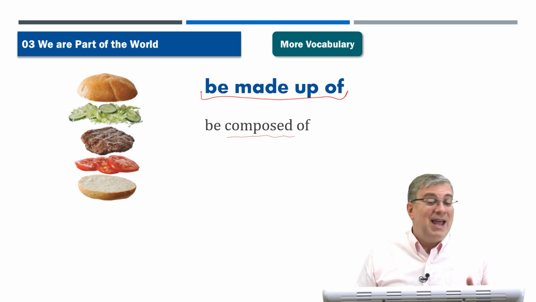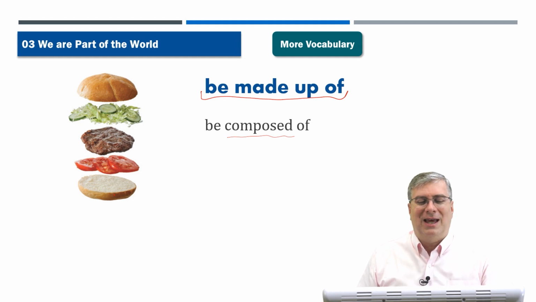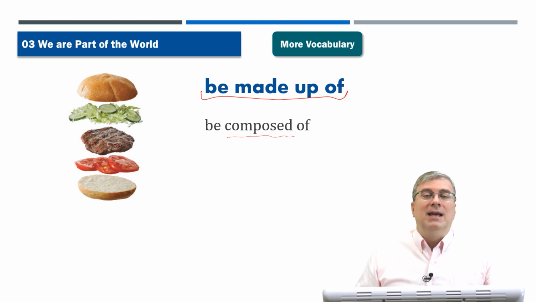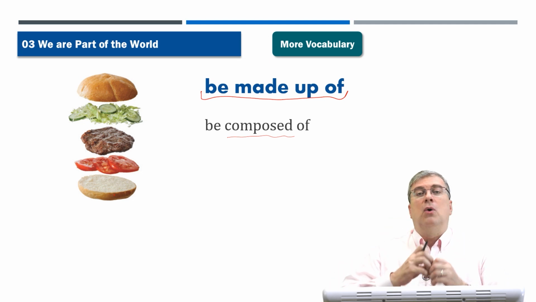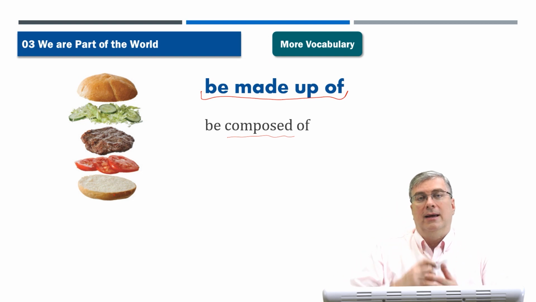Okay, but many people put ketchup on their hamburgers, so a hamburger is made up of many different things. And of course you could put different things on your hamburgers. Some people get very creative with what they make their hamburgers up with. Okay, so to be made up of is to be composed of or to contain many different parts to make a whole thing. Okay.